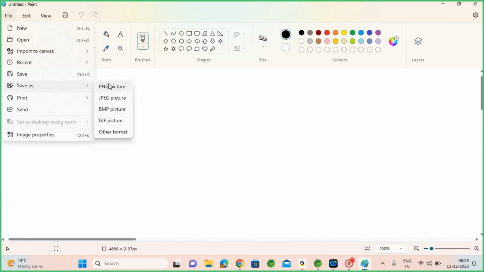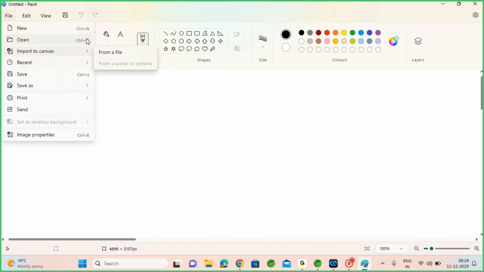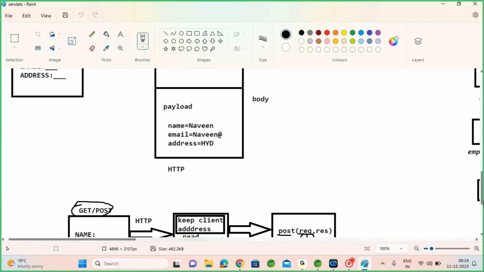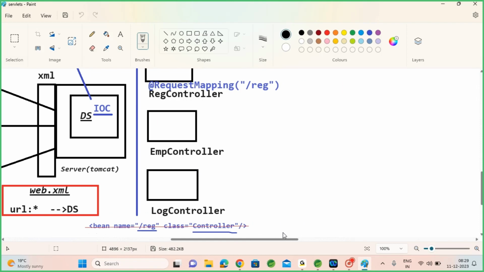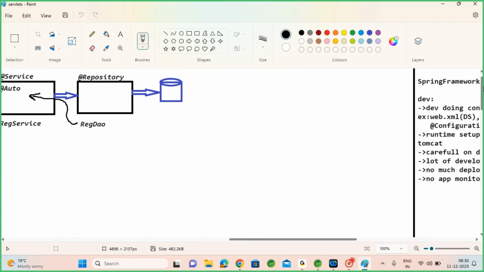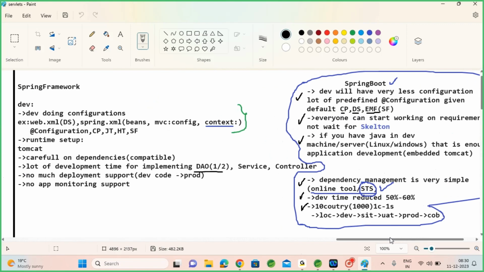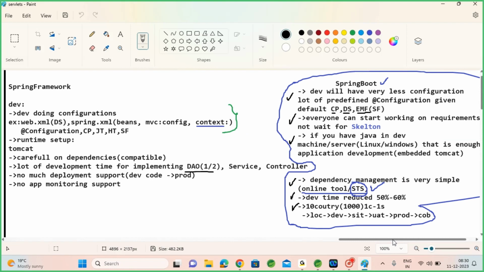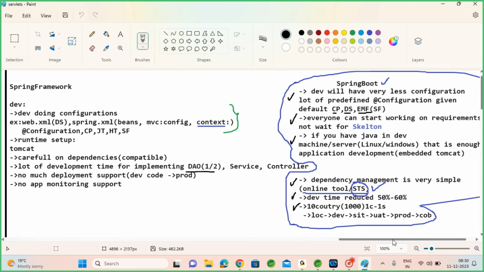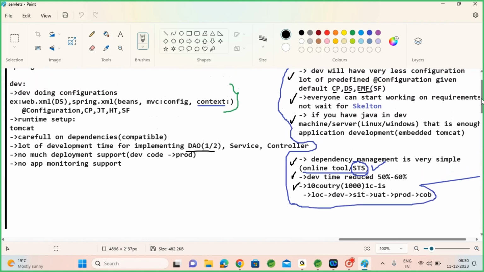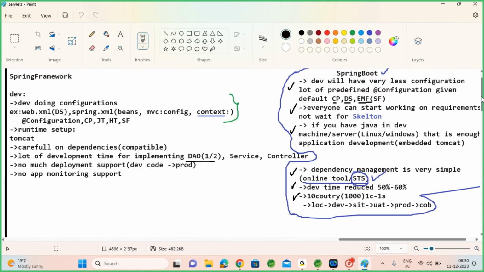So in the last two sessions, we started the Spring Boot framework, right? We just shifted from Spring MVC to Spring Boot, and we learned how Boot is working and what all the advantages with Boot are. A lot of benefits that we have seen here: development time, configurations, built-in Tomcat, right? A lot of stuff they have given. And in the last example, we understood how we avoided the XML file and how the @SpringBootApplication